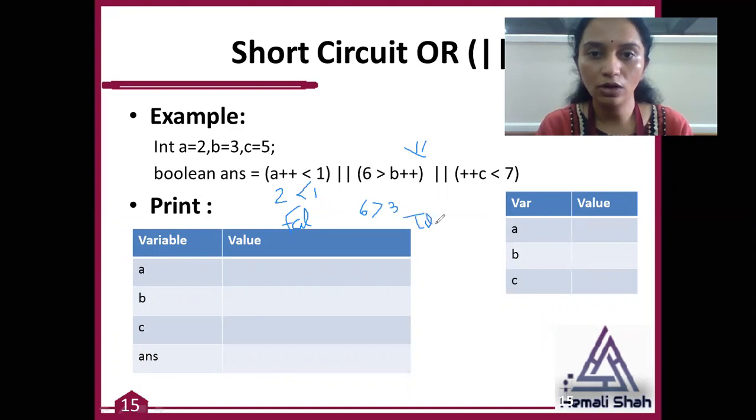So when the OR has a true value in any one expression, it never executes the remaining parts. So you will get the answer value of A as 3, because after using it, it increments by 1. After using it, it increments the B value by 1, to 4. Then the C value will remain as it is, because it is never checked, since you are getting the true value here, and the overall answer will become true, right?